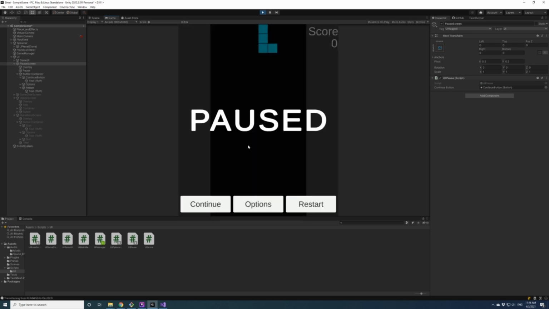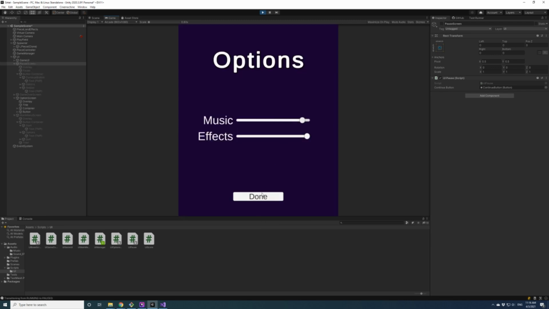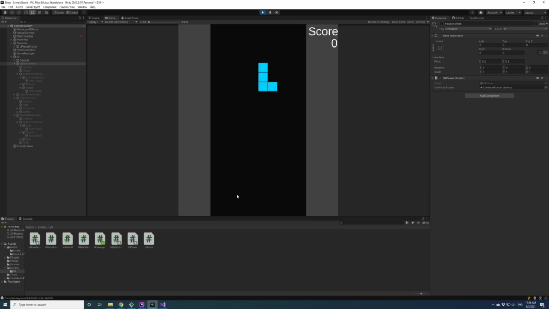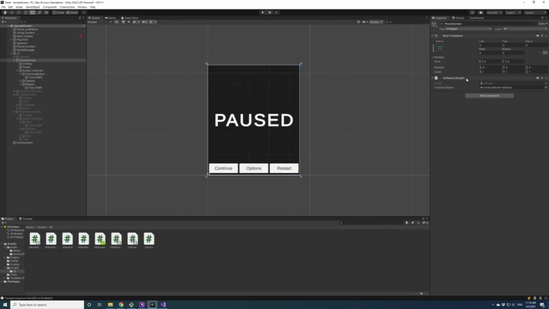So we hit escape for pause, escape, we got pause, escape, we got options, change volume, done, back, hit escape, pause, go to options, hit escape, still pause, escape, good. Looks like we're all working. Awesome.